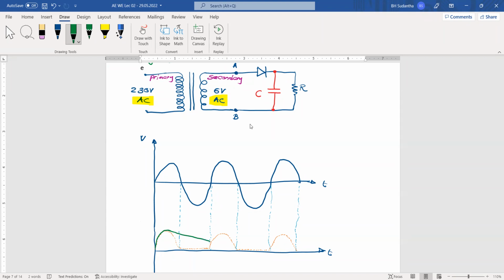And during that time, again, the positive input voltage is coming. Then after that, the capacitor can be charged while providing voltage to the resistor. After that, up to this point, again, input voltage is going down, but again, the capacitor can provide voltage to the resistor. Then